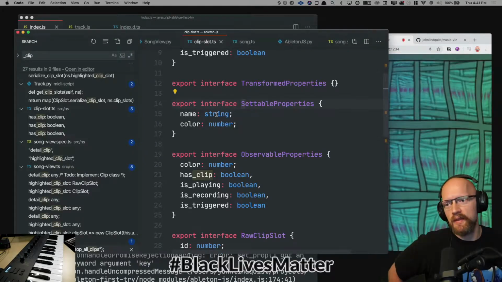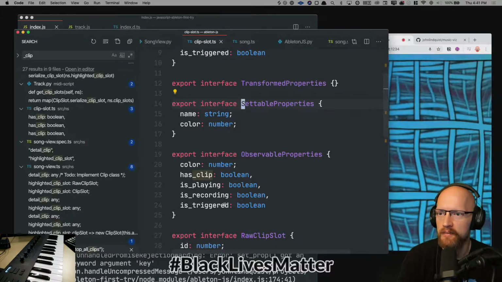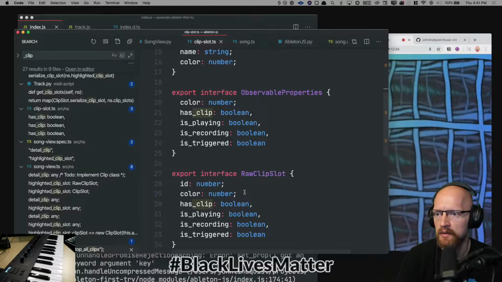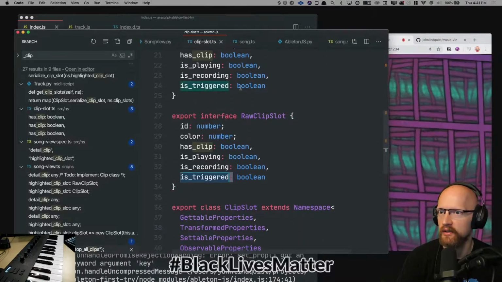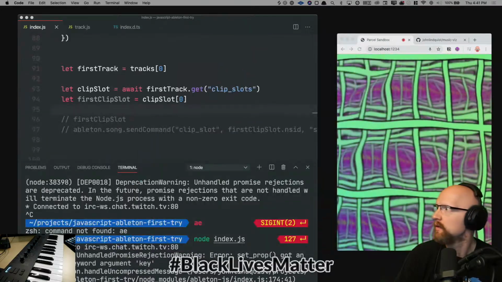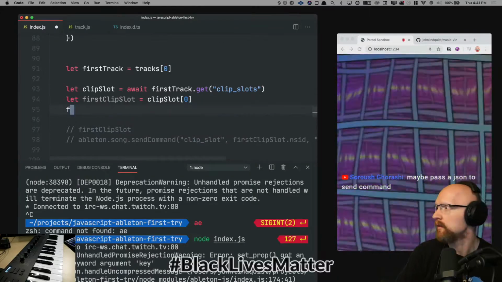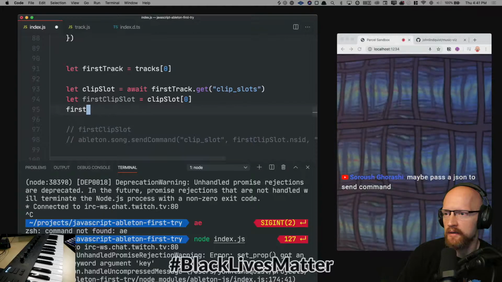I think that's thinking of is playing as settable. So observable, but not settable. Trigger? Let's try trigger. Yeah, that's